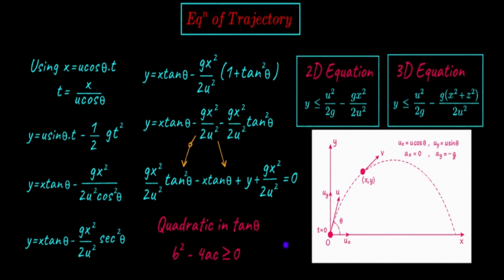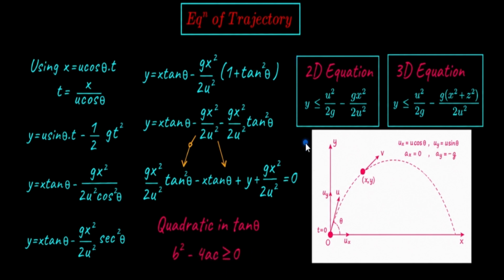This is the condition written on the board. Now from this condition, we will derive the equation of the envelope. Look at the next section. From the inequality 1 minus 2g y upon u square minus g square x square upon u to the power 4 greater than or equal to 0,